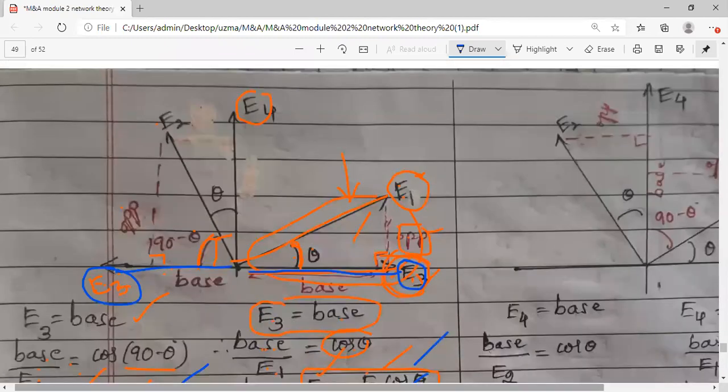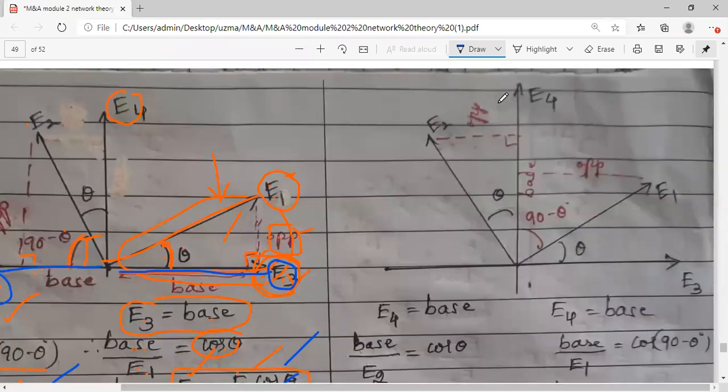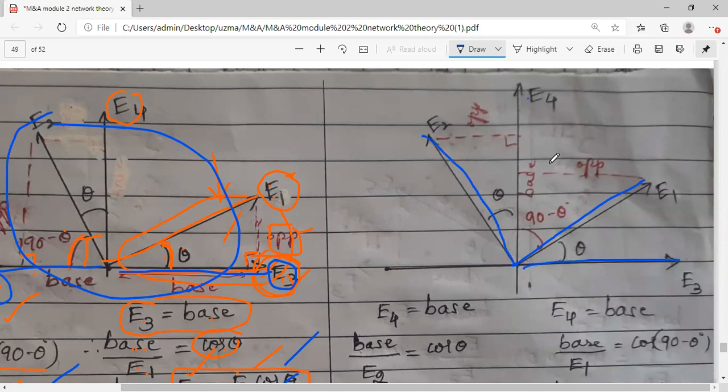Similarly, for E4 also I will do that. Observe this. I have drawn the same figure once more because everything in one figure would become clumsy. Whatever structure is here, the same is redrawn. See, E1 and E2 are already two components. Then the new components are E3 and E4. Now what I want: I don't need E3 right now, I need E4. So focus on E3 and E4 and try to figure out the triangles.